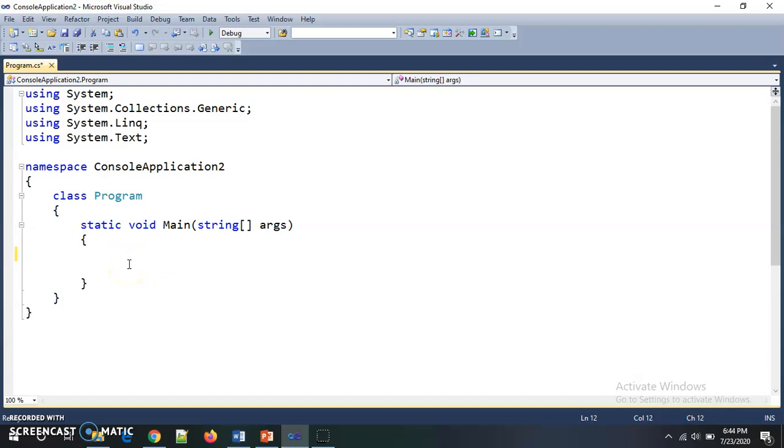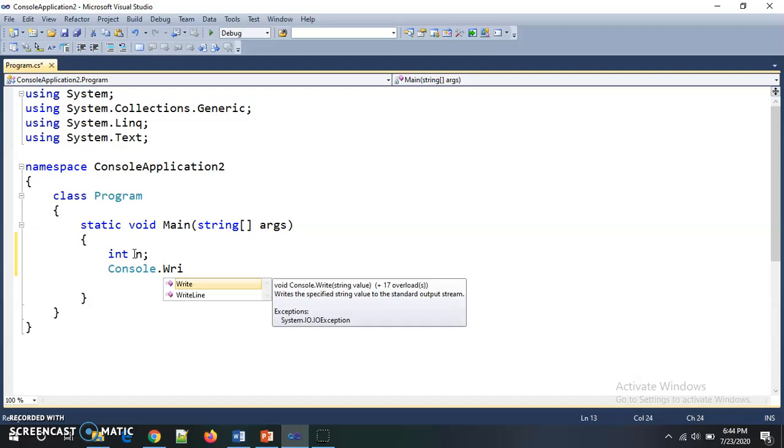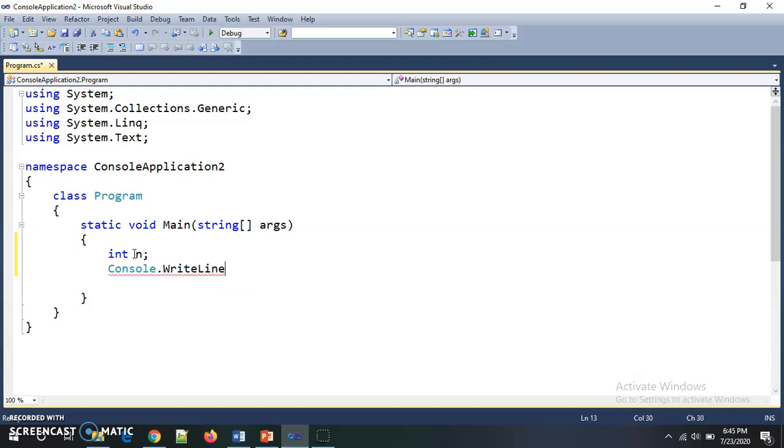So I am taking one integer variable n, and I am giving a message to the user for entering any number. I am writing only the Write function.